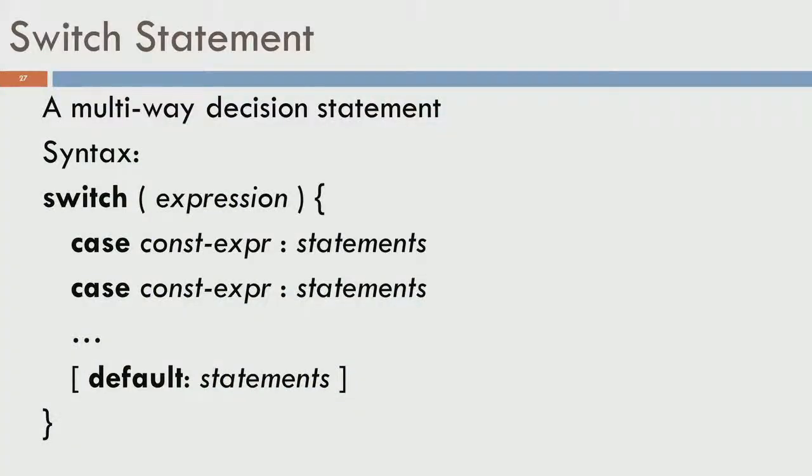So, finally, let us look at the switch statement, which is a multi-way decision statement. In a multi-way decision statement, it is not a single decision or a double decision, it could be more than one, more than two decisions. The basic syntax is you have this keyword switch followed by an expression which is within parentheses, and you have braces. So, again this is a block of code.